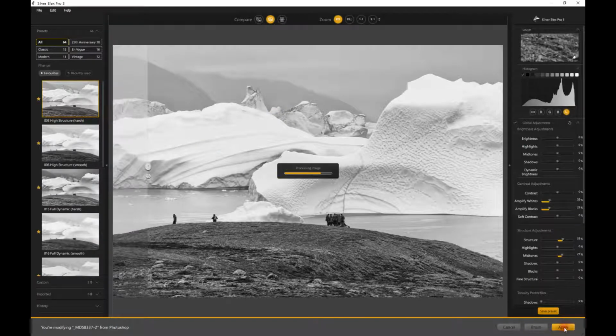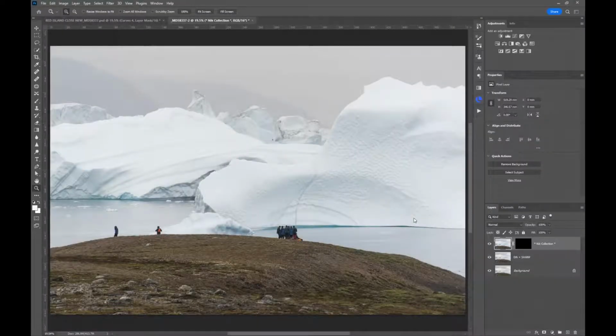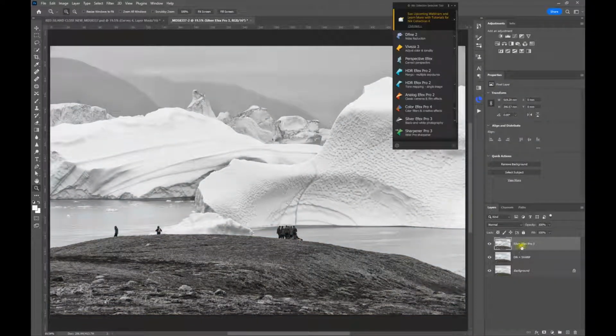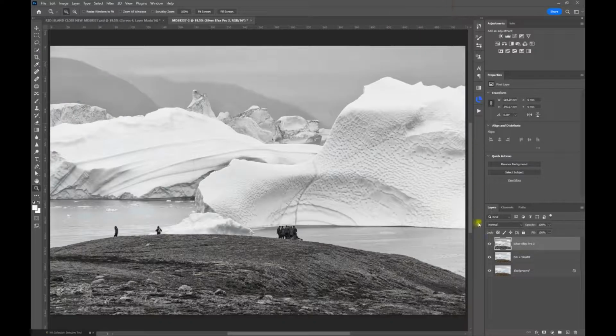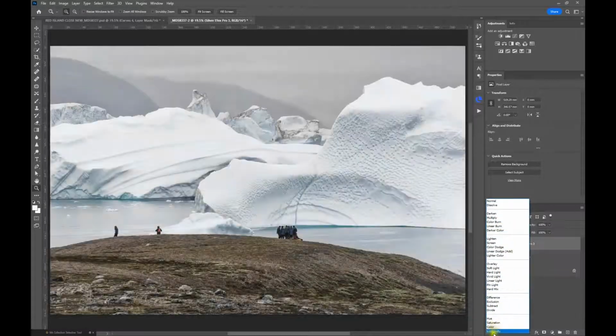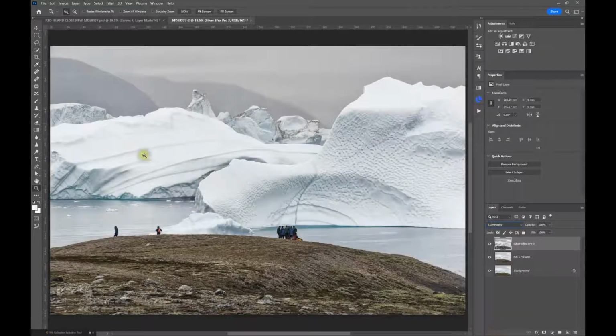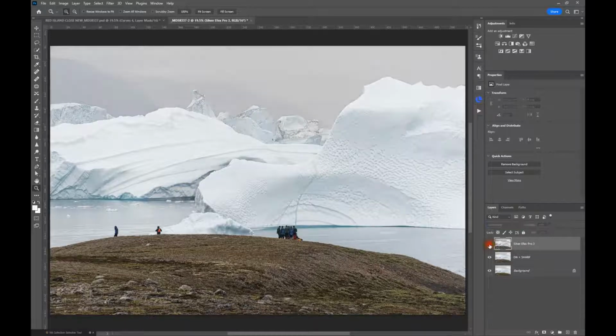So we'll click on this to apply the Silver Efex Pro as a new layer on our image, and here it is. It processes fairly quickly, but of course it's turned the image into monochrome. So what do we do? We change our blend mode from normal to luminosity, and you'll see that it's brought us back to a color image, but we've lost a little of the vibrancy, and at full strength it's a little bit too much, and so we would drop this down, and I normally work on 50% or less opacity,